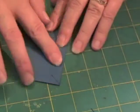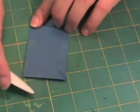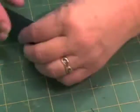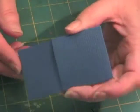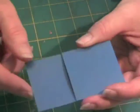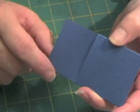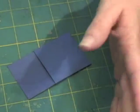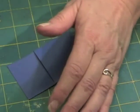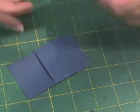I gotta clean off my glue, burnish it down a little bit, and then ta-da! Pocket! Easy, super easy pocket. Now you can use a punch to make a fancy edge, but I'm not going to do that. I'm going to use cute papers to cover the front